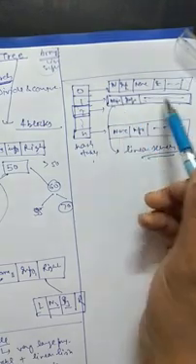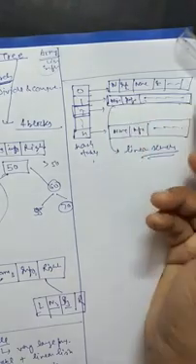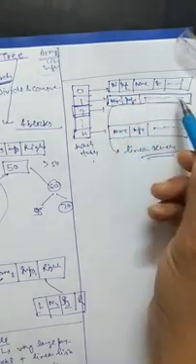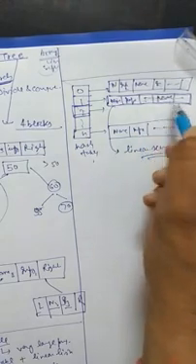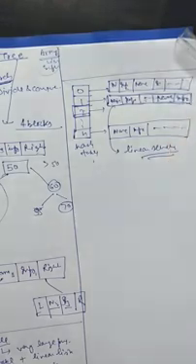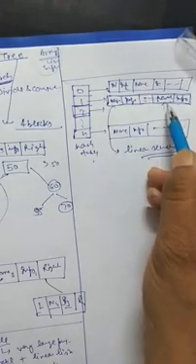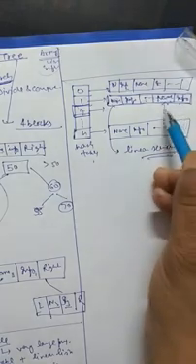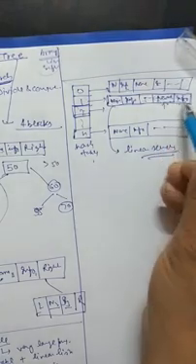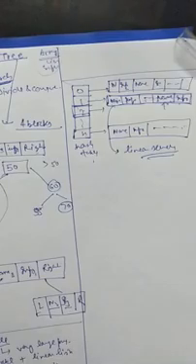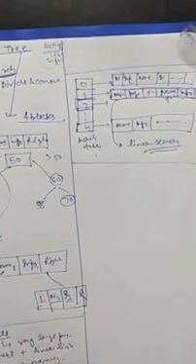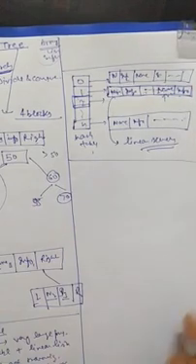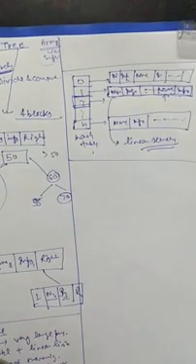Otherwise, if the name is not in the linear list, so we will add in the available space the name and info, and we will add that new variable or item, or you can say symbol, in that particular field. So by this method, or you can say the technique, the hash table or hash function is managed.